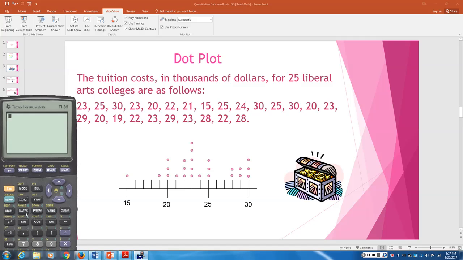So let's see. I'm going to go to my calculator now, and I'm going to put in some data. And since I know I have more than just the 5 numbers I see in my list 1, I'm just going to type over the top of them. 23, 25, 30, 23, 20, 22, 21, 15, 25, 24, 30, 25, 30, 20, 23,